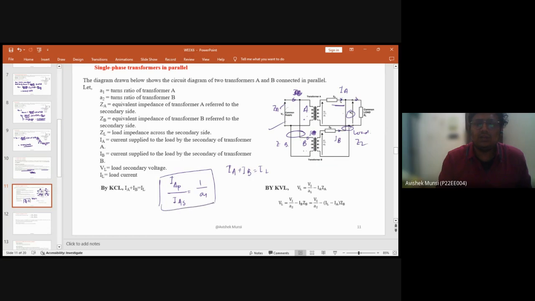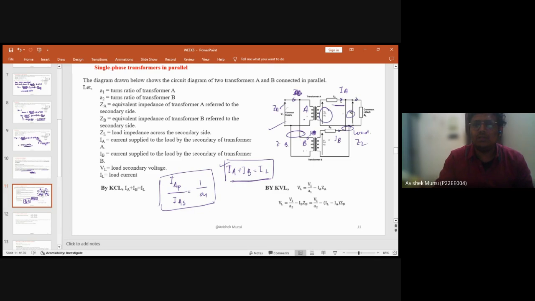In the figure, it is given that IA is on the load side, so I write it on the load side. If it is given on the primary side in the question, then you have to calculate the secondary side. On the secondary side, if you apply KCL, it will be IA plus IB equal to the load current. And the voltage across the load, VL, is basically this voltage,